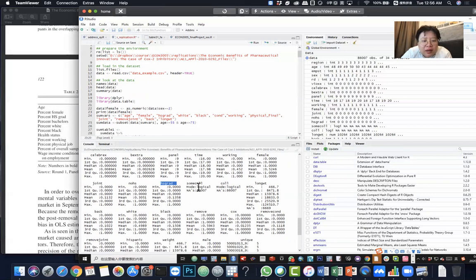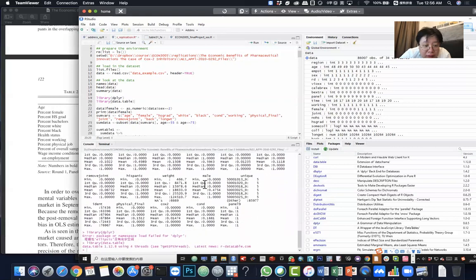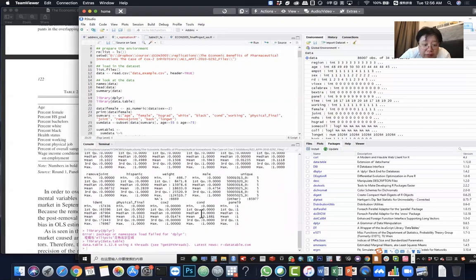But here the data I got actually has some problems. All these observations are NA, that means missing. So probably I shouldn't use this variable. If you summarize a missing variable, that will provide you nothing. And the percentage of white, percentage of black, and percentage of working, we have a variable called health status that refers to the data. If I look at the codebook, they're referring to the health condition. This is a 0 to 1 score on the self-rated health status. And percentage of working,